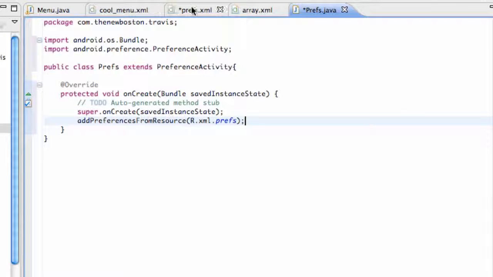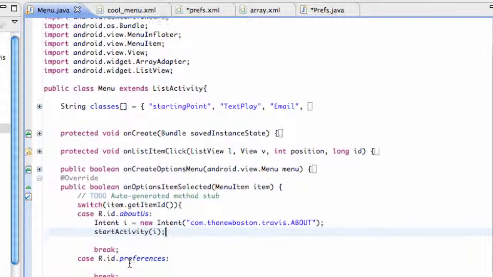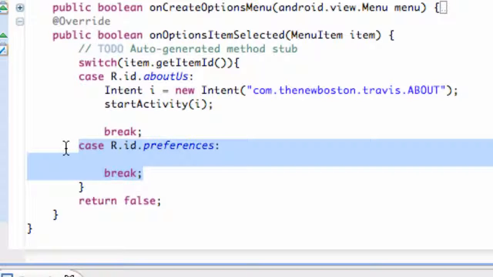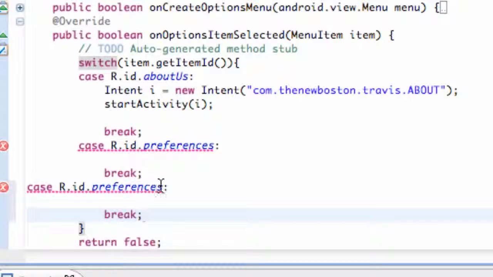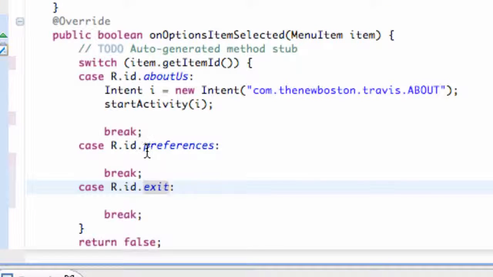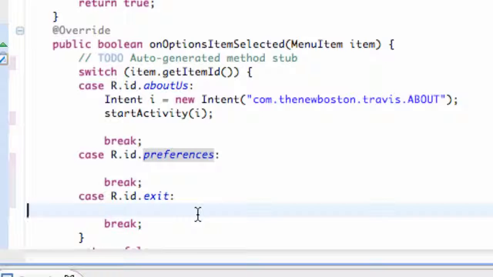So what we're going to do is go back into our menu class where we set up our menu inflator and our menu options, and we have this one if the preferences was clicked. I'm also going to copy this real quickly and paste it, since I added that other item, I'm sorry, which was called exit. So there we go, Control Shift F to format, and now what we're going to do is set up a new intent that's going to open our preferences, and also our exit, which is going to just finish